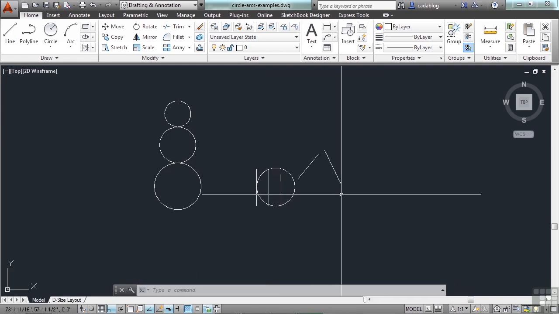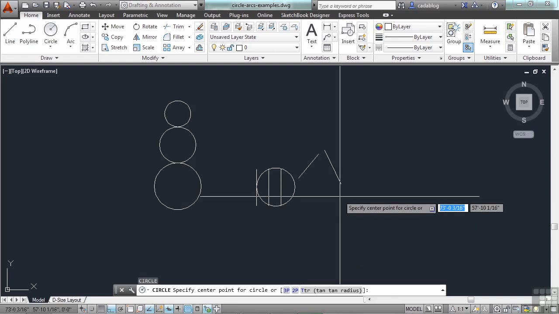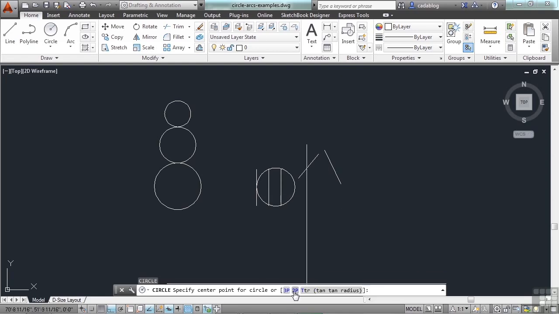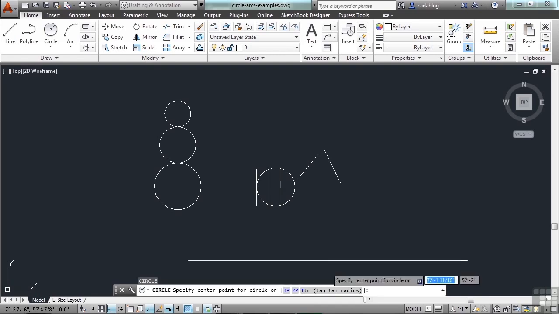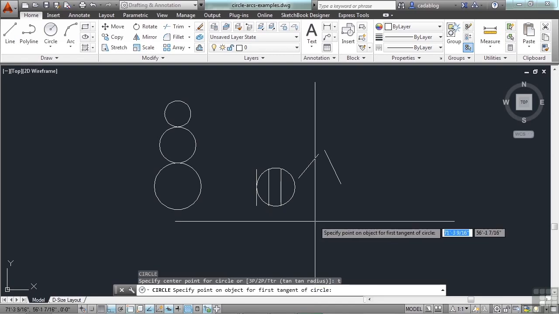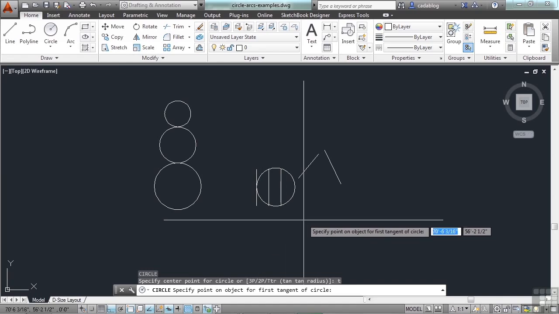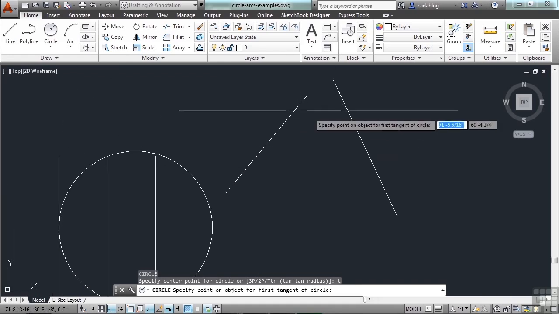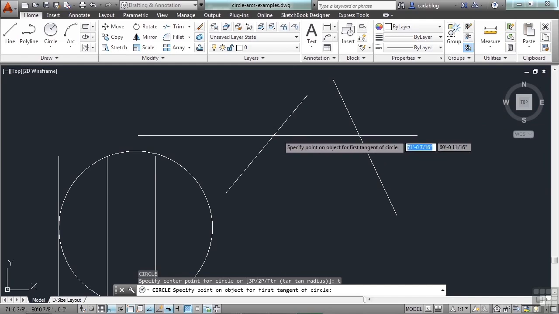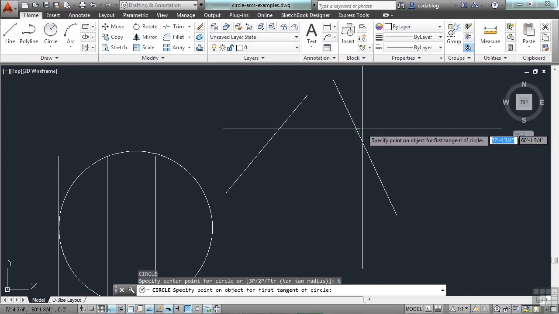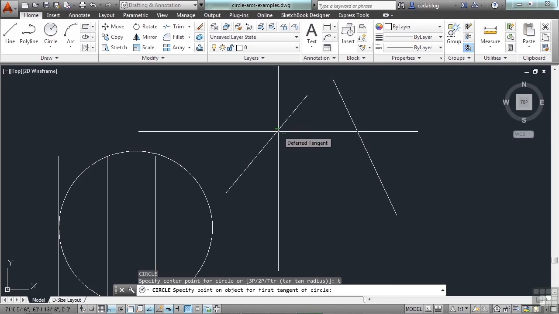Now let's look at the other option that was available to us. If you start the circle command, you can see we have the 3P, 2P, and the TTR, or the tangent radius. Just type in the letter T and follow the instructions on the command line. It's asking us to specify the point on an object for the first tangent of the circle. So let's say we have these two angled lines. We want our circle to be tangent to this line and tangent to that line. So you will see that the glyph is up here of a tangent line with 3 ellipses. That means it will draw it tangential to this line,